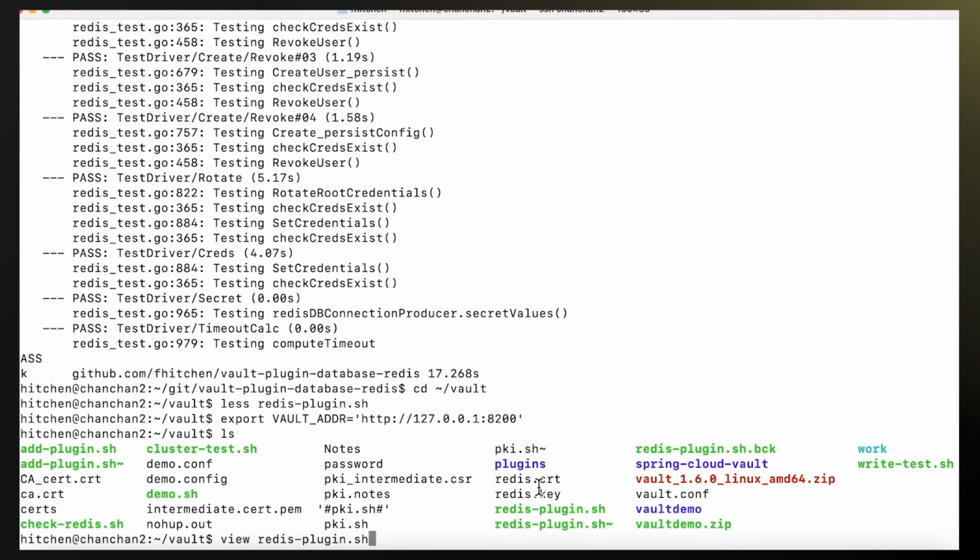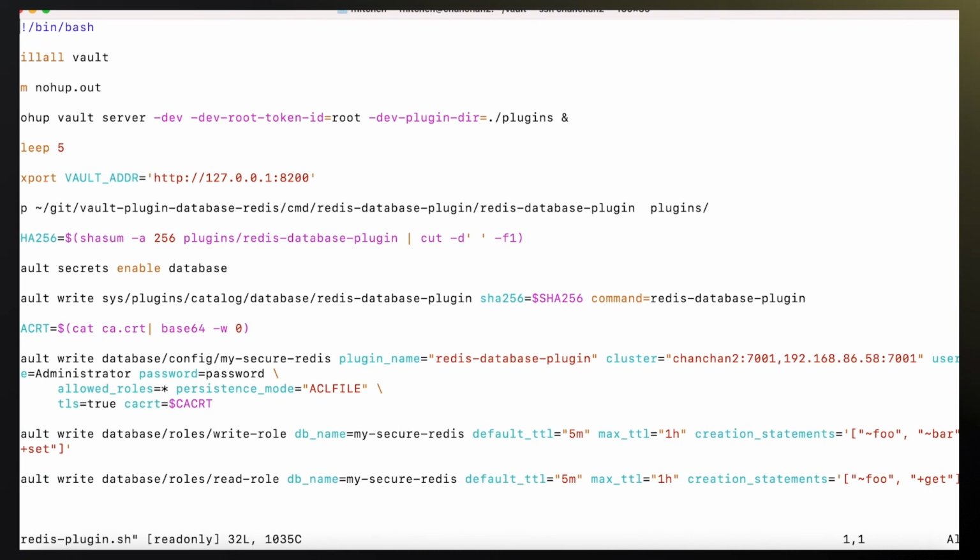Alright, so now let's have a look at the plugin integration with Vault. I have a script here that I'm going to use to shut down an existing Vault server, spin up a new clean one, and then we're going to copy the plugin into the plugin directory. We're going to then generate a checksum for it. We're going to enable the database secrets engine, and we're going to register the plugin in that secrets